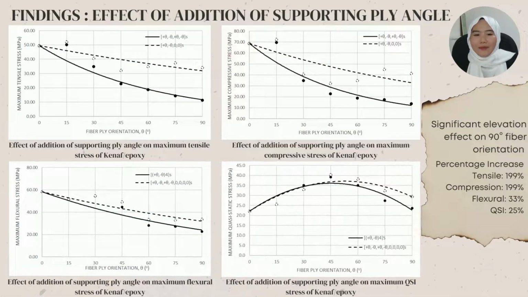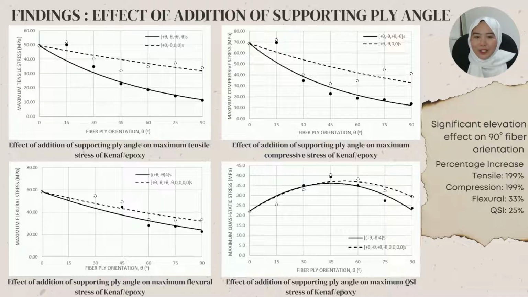The last finding is the effect of addition of supporting ply angle on FRP composite. It can be observed that the maximum stress elevated with the addition of 0-degree fiber orientation in the layup sequence of the composite. The figures display that the addition elevates the maximum stress significantly at 90-degree fiber orientation